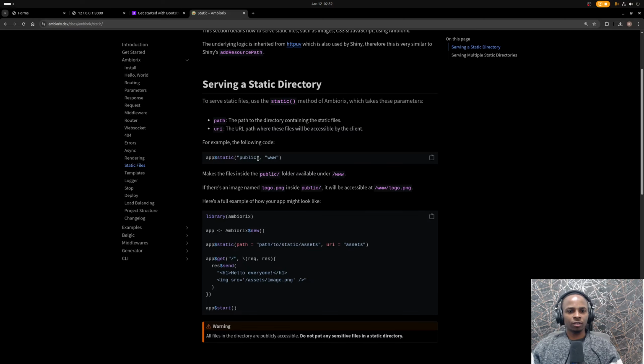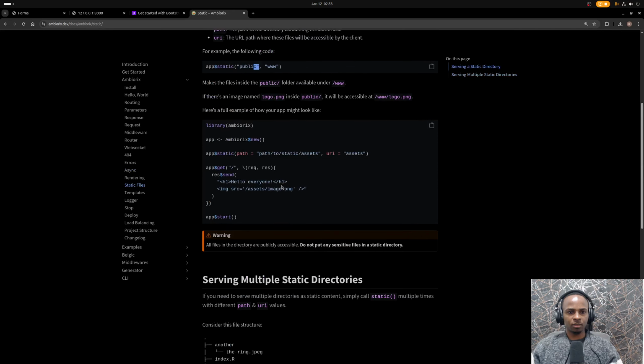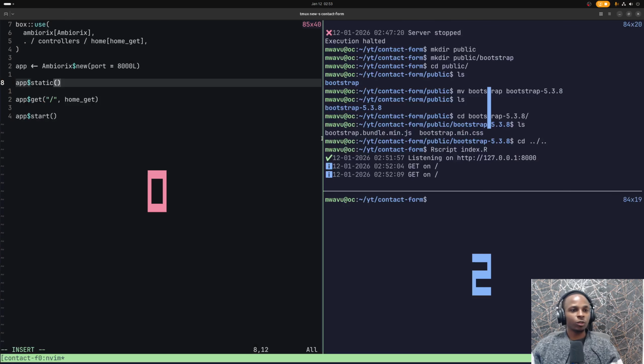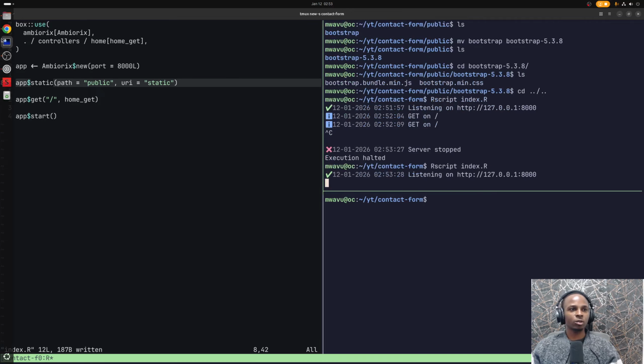Yeah, so we have, oh, we have the path and the URI. Okay, so the path is the path to the directory containing the static files. Okay, so we go back there, and then the path will be what? Will be public. Then the URI will be static. Yeah, that's about it. So now if we stop and restart the application,